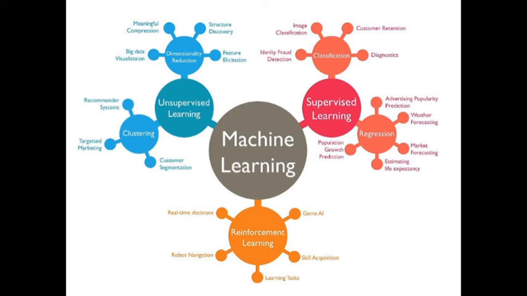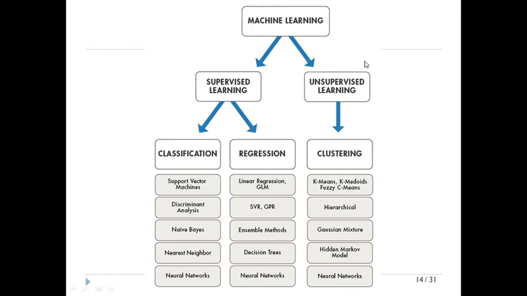So this is your map to find out which category you fall in depending upon your problem statement, and you have to find out if it has potential benefit or not, otherwise it is of no use. So find out where you're going to fall and which type of algorithm or design technique you are going to use. Then we have the classification of machine learning: supervised, unsupervised. Supervised can further be classified into classification and regression. We have support vector machine, naive Bayes, nearest neighbor, decision trees, linear regression. For clustering, we have k-means, hierarchical, Gaussian mixture, hidden Markov model.